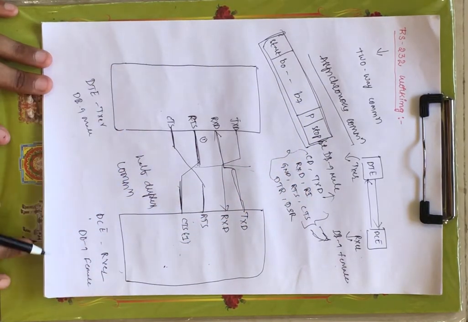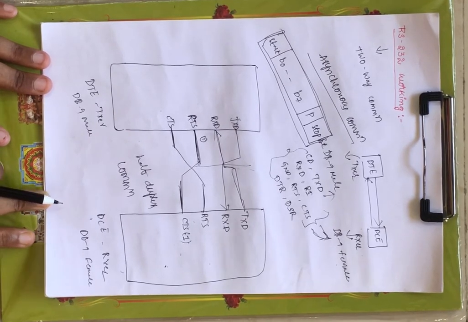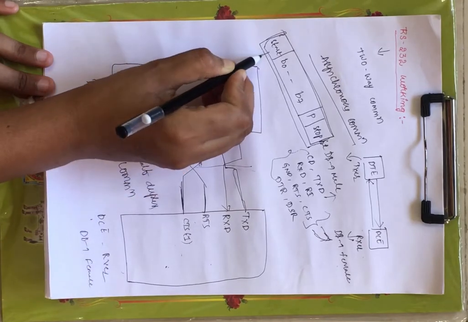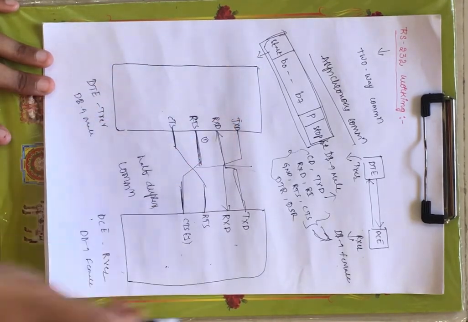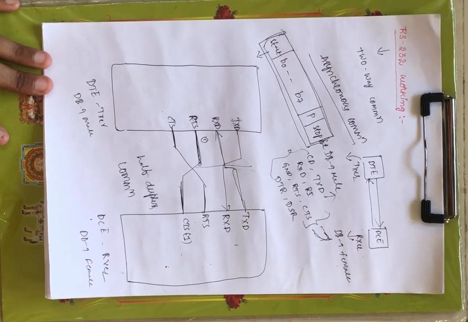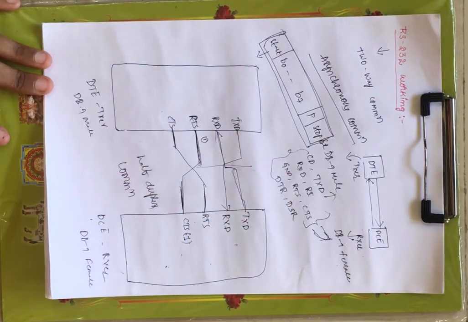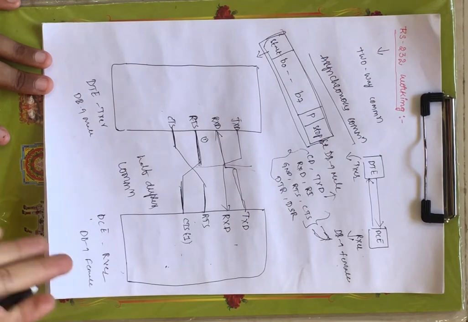Now first the start bit is sent from DTE to DCE to inform that data transmission starts from the next bit. Initially this particular bit is transmitted from DTE to DCE. The start bit is transmitted from DTE to DCE. That gives the information that data transmission starts from the next bit, that the data bits start from the next bit.